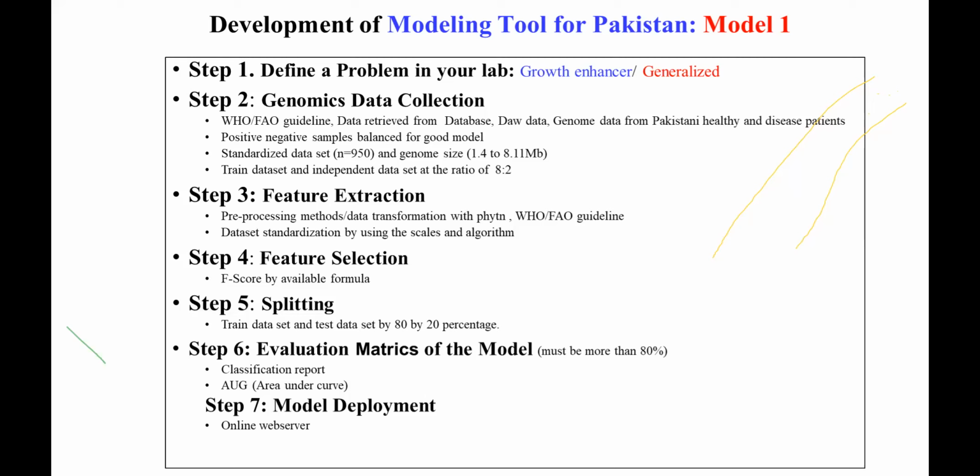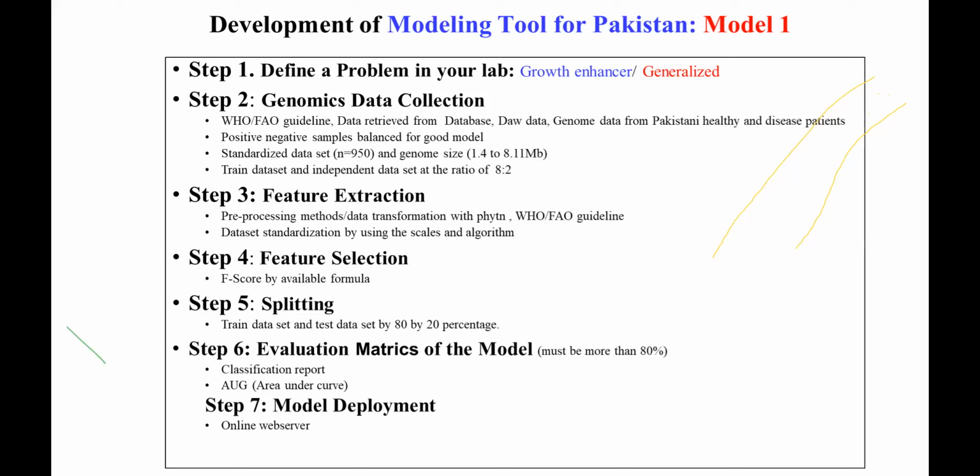In step number 4, you have to select your own lab's feature selection. If my lab is working to select a bacterial strain with an improved ability to survive in the gastrointestinal tract of poultry, then I have to select the gene present inside the bacteria which can be used to improve, or control, the gastrointestinal tract, so that it can easily survive inside the gastrointestinal tract of the poultry. So it again depends upon your own problem.